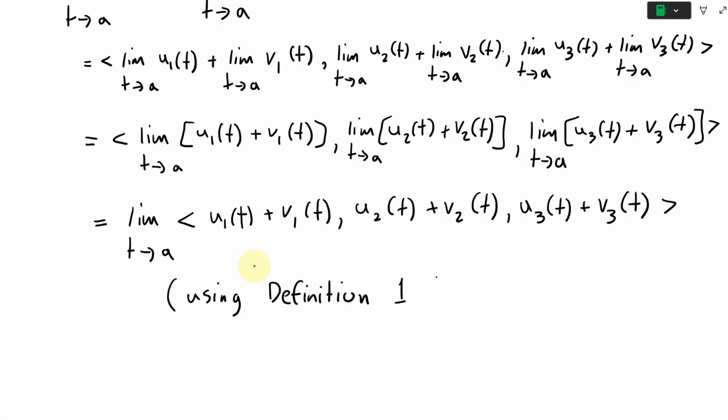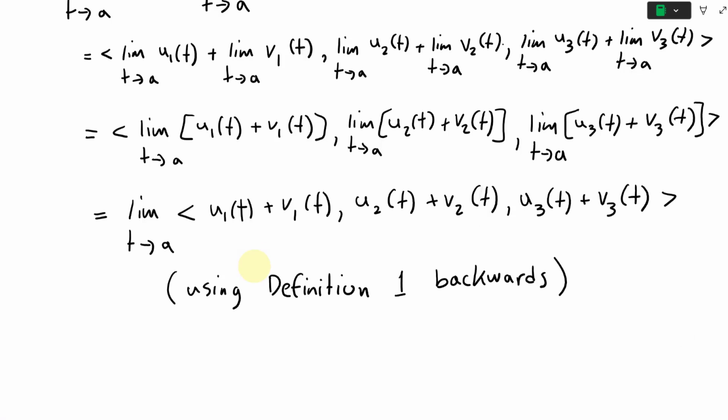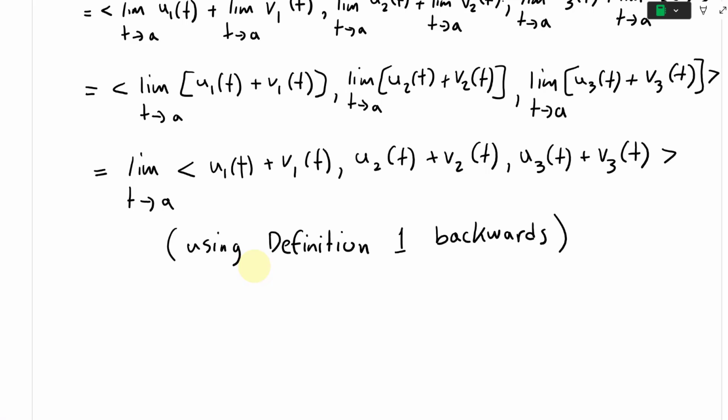Backwards. So that's how we got to it. That's how we got it. And again, this whole setup is just the limit of this right here, and this is just a vector of the vector functions added together, u1 of the component parts added together. So then this just equals